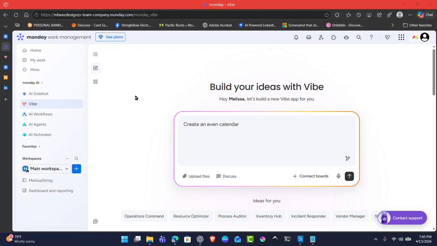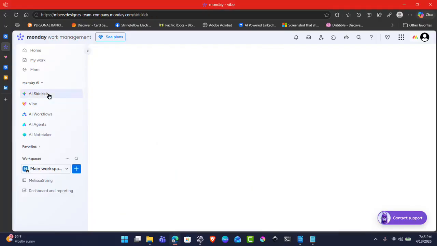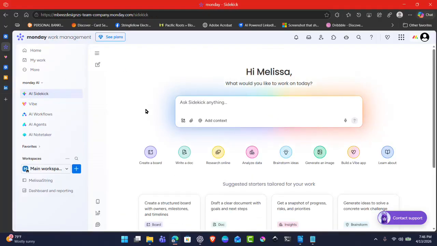Hello everyone. So we're going to review the AI Sidekicks. The AI Sidekicks is basically very similar to Vibe, but it isn't as in-depth as Vibe is. So right here you have the option